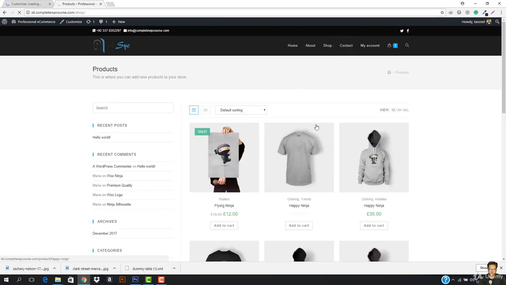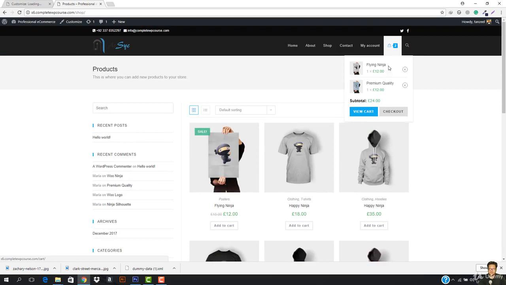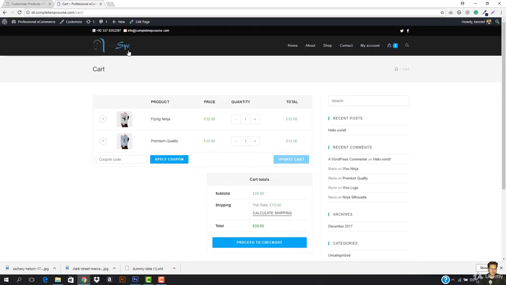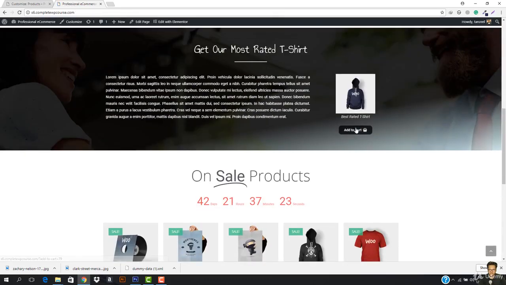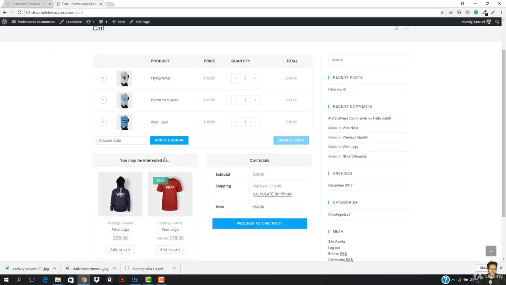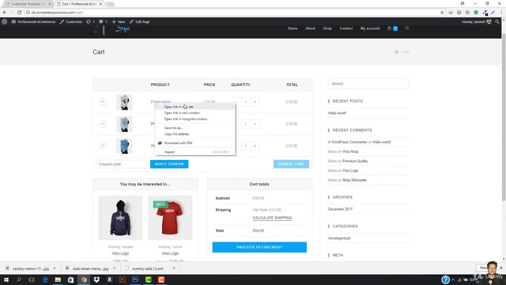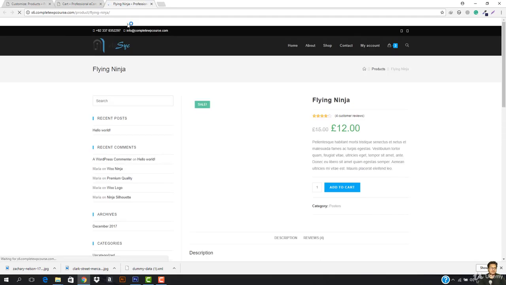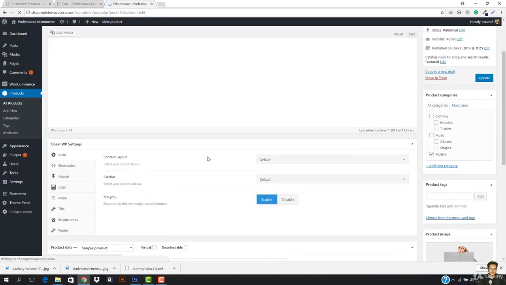But if I just go to this one, I think Woo Themes, I think it has the cross sells thing. So let's just come here and open up the view cart. So you can see, okay, it also doesn't have it, but I just remembered that the first page has that. Okay, so this one does have that add to cart. So if I click view cart right now, you can see that it says you may be interested in. The reason is that if I open this product up, and then I go to the edit product, and then I go down,